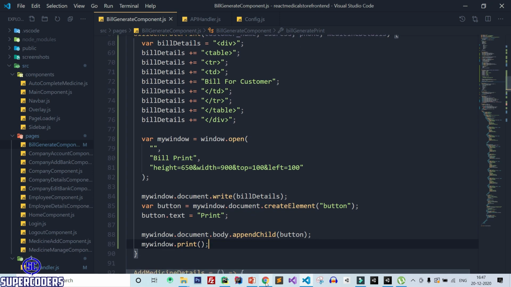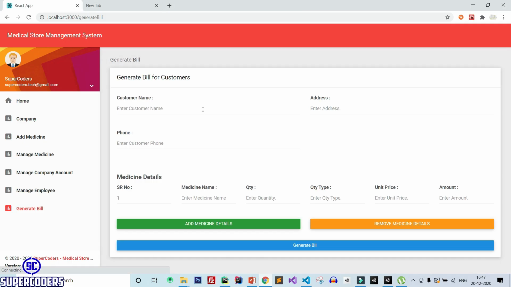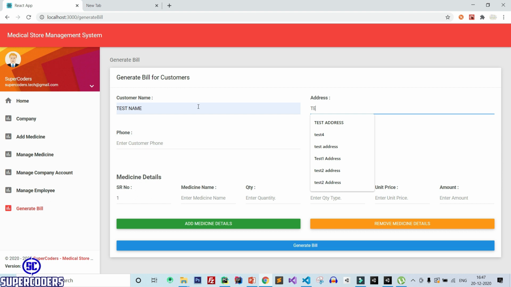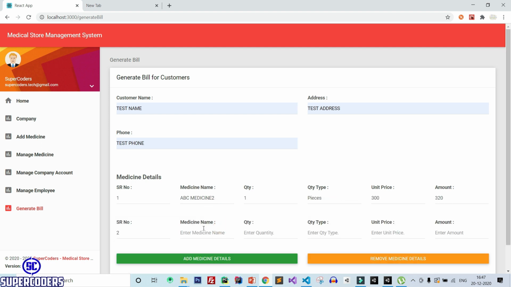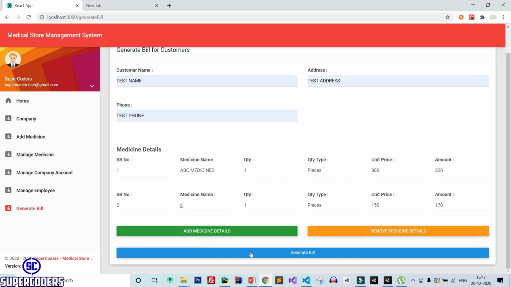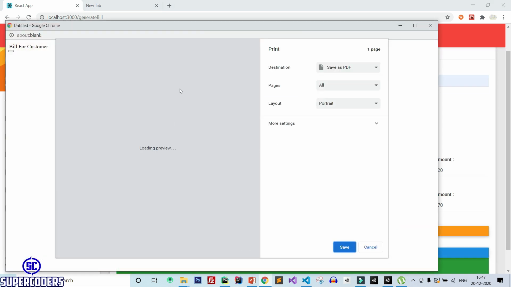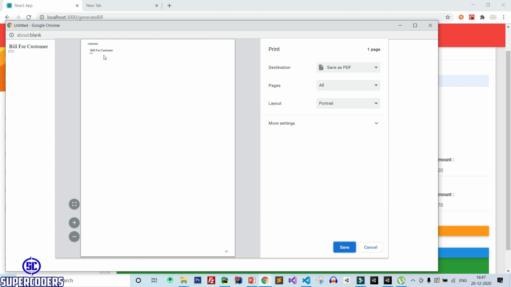So save it, back to Chrome, refresh page. Now fill this detail. So paste address, paste phone, medicine 1, medicine 2, click on generate bill, and you can see it open a window with bill for customer and showing option for print or save as PDF.